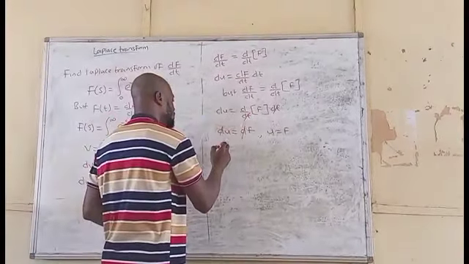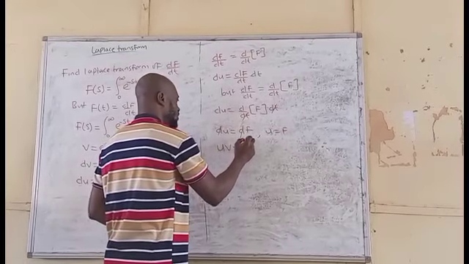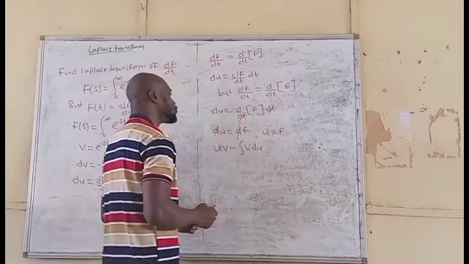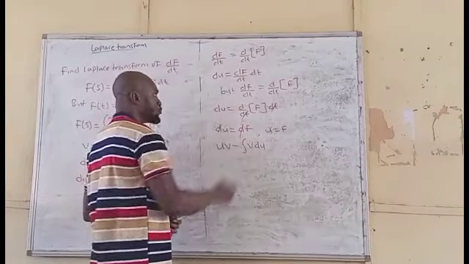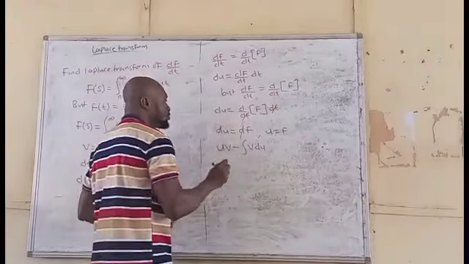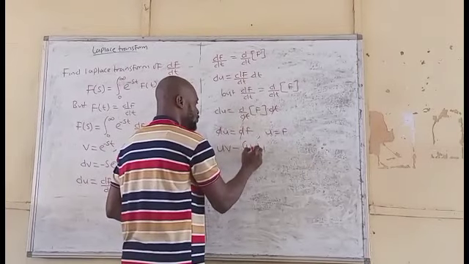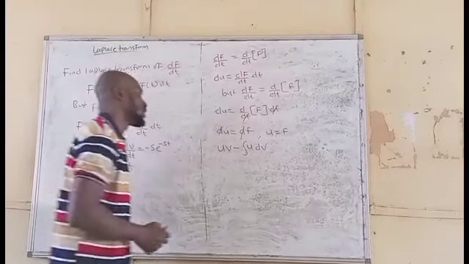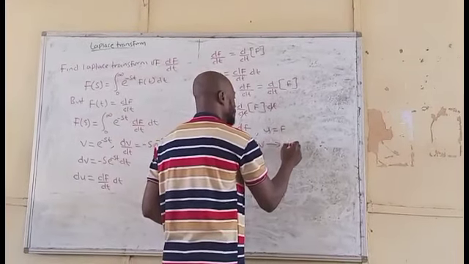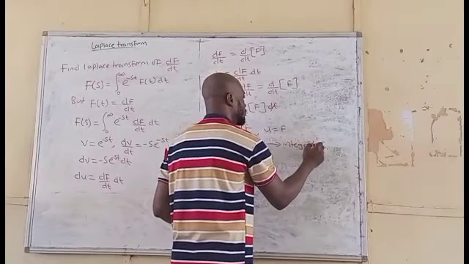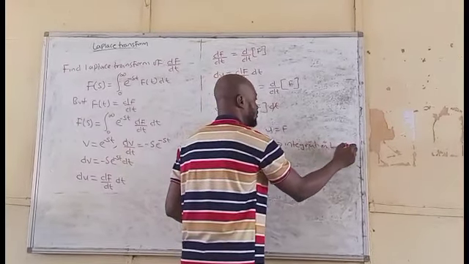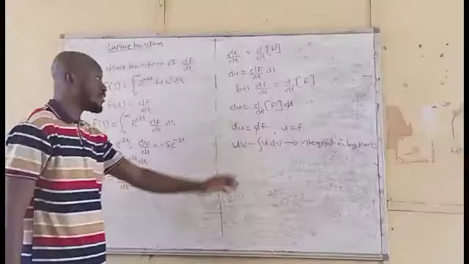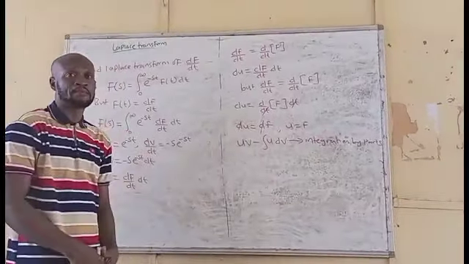The integration by parts will give you uv minus the integral of v du. But I'm going to use the u dv form instead. I'm going to use this one to solve it. This is integration by parts. So based on my analysis, I want to use this equation to obtain a Laplace transform